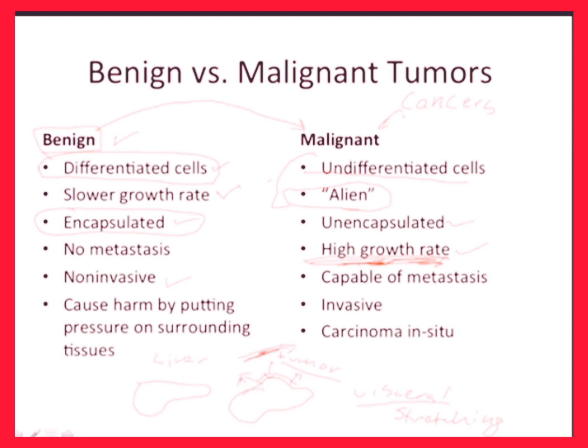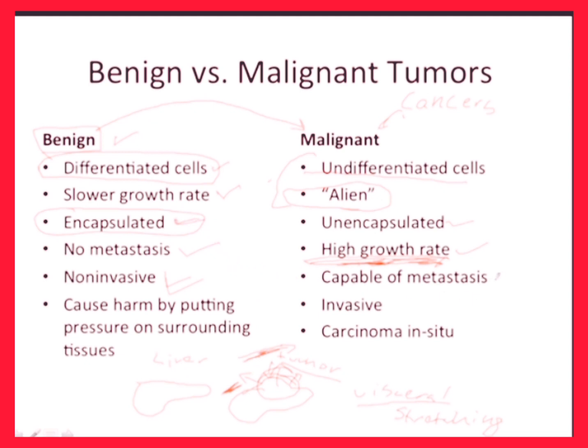Let's say that benign mass is pressing on a nerve, so you're going to have some neurological problems. That's what makes benign tumors dangerous, when they cause organ visceral expansion like this. The organ is going to put pressure on surrounding tissues and damage them that way. So benign tumors are non-invasive. They do not metastasize. They do their deed by putting pressure on surrounding tissues.